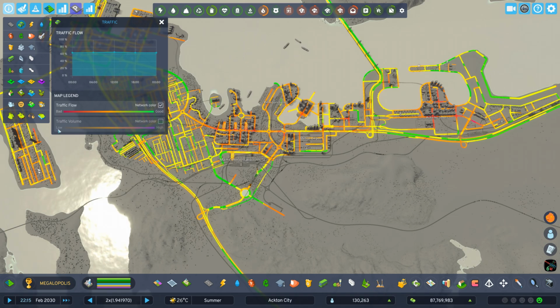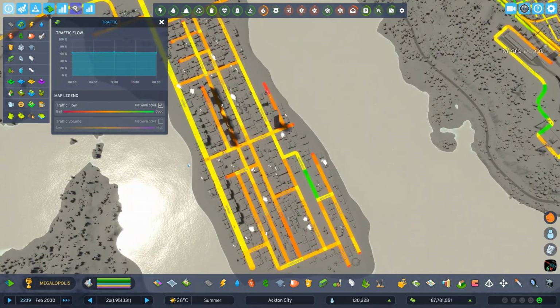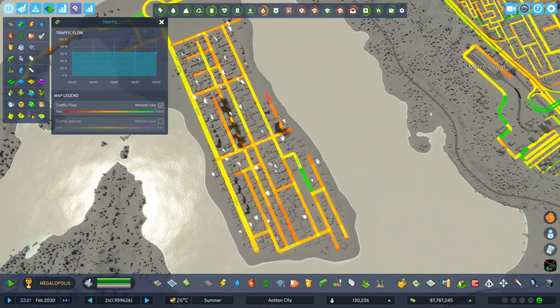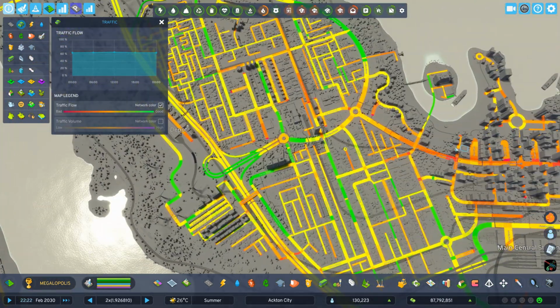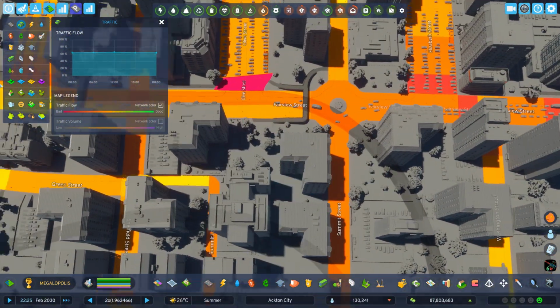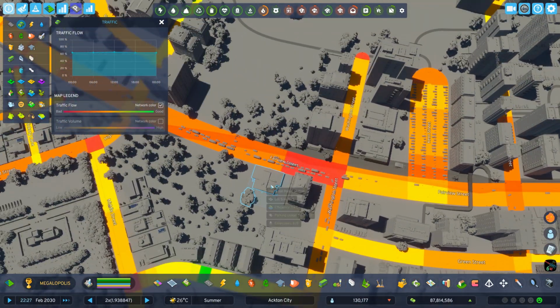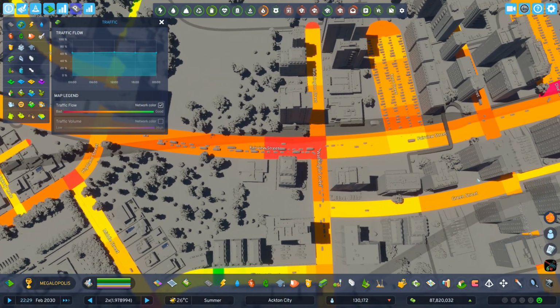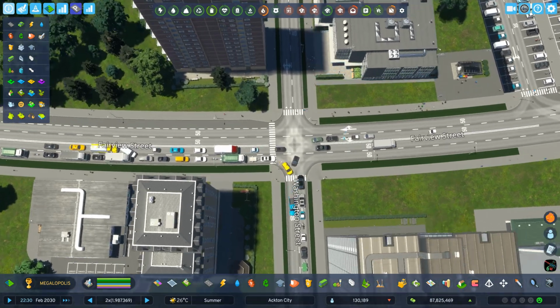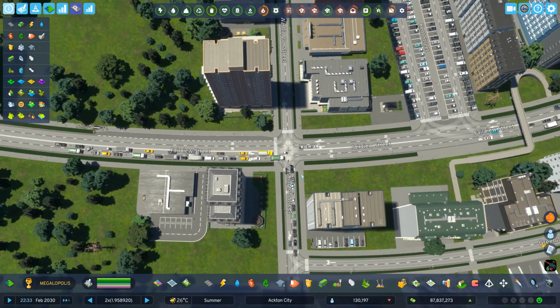Everything where it's red, you have bad traffic flow, which we find here in the industry area, and we find it mostly here, although it might be very red, but it's not like clogging up or something. Yeah, a little bit of cars over here. I wonder what these guys are doing. Maybe because it's